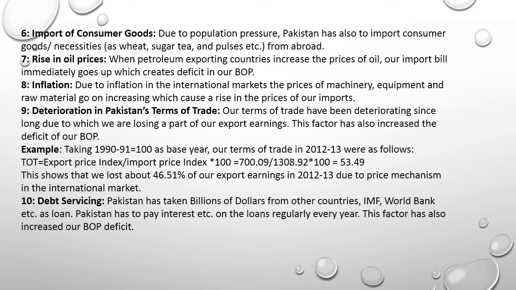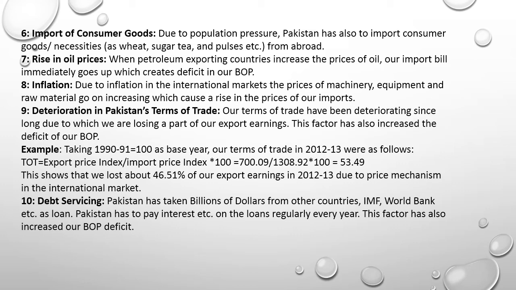So these terms of trade are favorable to some country and unfavorable to another country. If we are in serious need of a particular commodity which we import from other countries, we will have to pay more price for that. And the other country, if he is not interested in importing our products, or he has less need of our products, then he will be in a better position. And in this way, terms of trade will be in favor of the other country and not in favor of Pakistan.